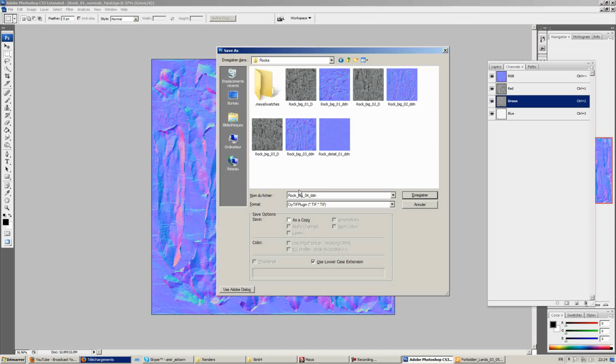So make sure that you have an underscore DDN, that way when the Cryengine loads up the texture, it will automatically convert it into a DDS format, and it will know that it is a normal map. As you can see here, all the other normal maps that I've saved have an underscore DDN at the end. So save this,